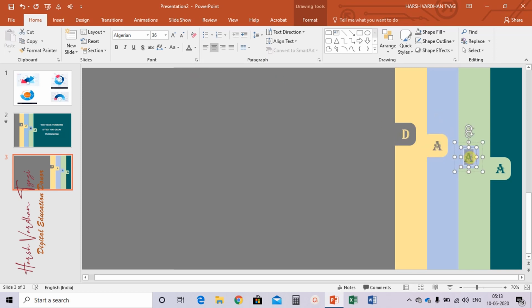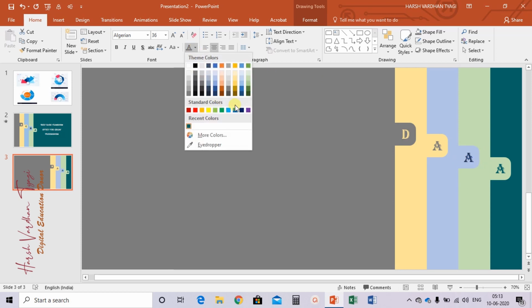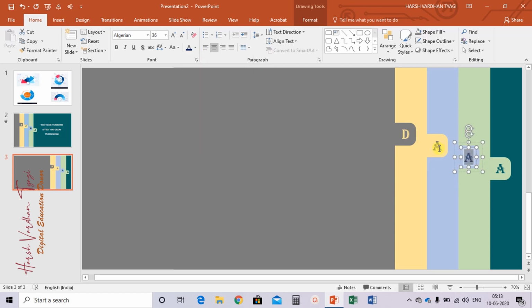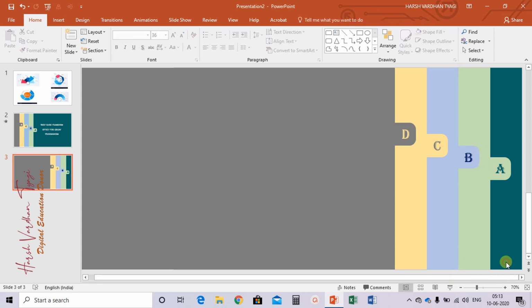Select this, change the text color to a darker one. Now D, make it C, and B. So we have done this much. I hope this much is clear to everyone.